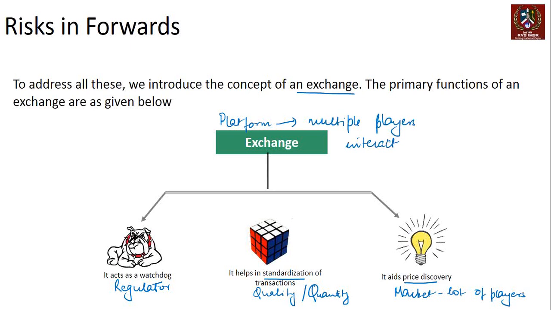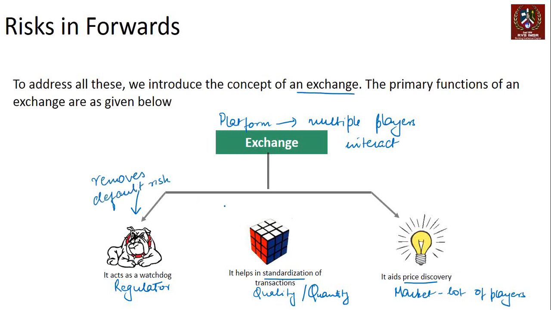They do it using various mechanisms which are probably better discussed at a later stage in our curriculum. But at this point, let's assume that the exchange is the watchdog who ensures that everyone pays up. So that's the primary responsibility. It removes counterparty risk. So this essentially removes your default